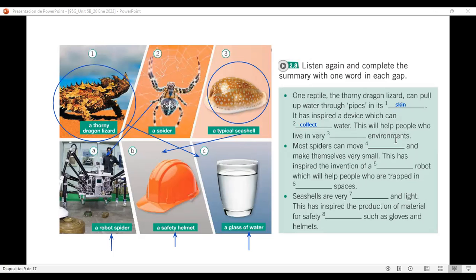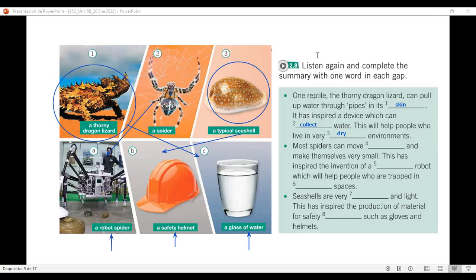This will help people who live in very, what do you think? Podría ayudar a la gente que vive en qué tipo de ambientes. Dry. Very dry environments. Good, Michelle. Sí, en ambientes muy secos. Podría ayudar a que la gente que vive en ambientes secos tenga disponibilidad de agua, right? Let's listen now about the spider robot.